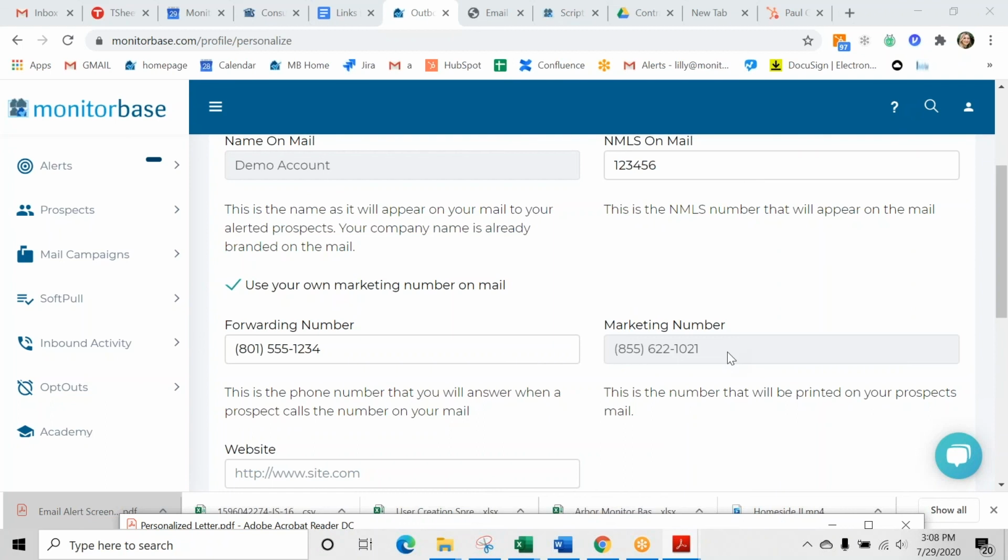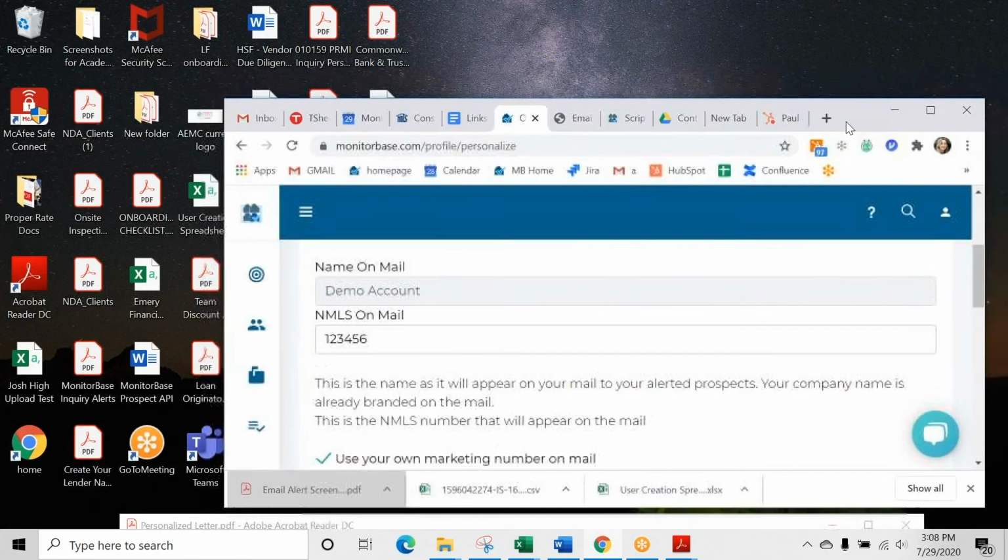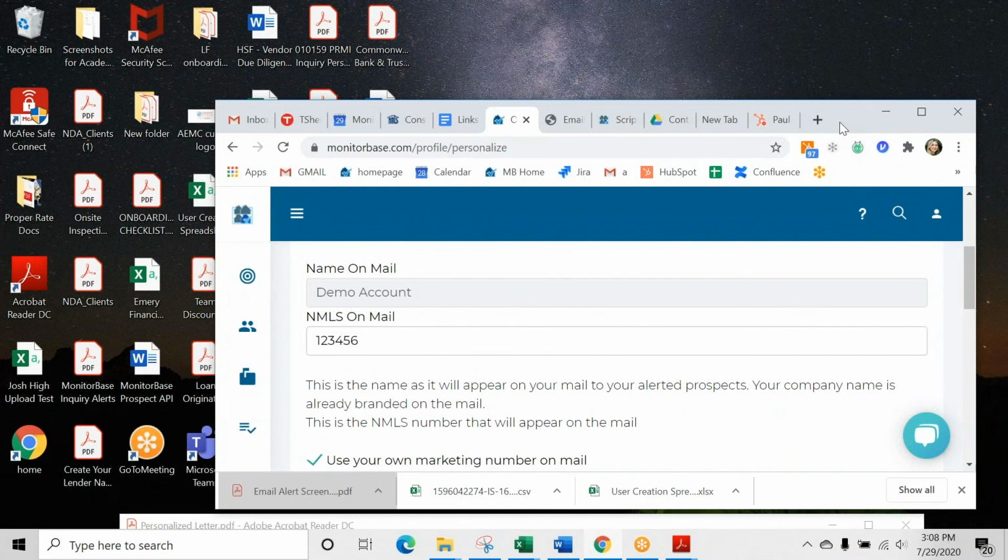And if you want to receive those calls on your cell phone, then the reason why you have to set up a marketing number, and by the way, you can't input your own number, I wish that I didn't already have one here because I would show you how to get one, but you have to set it up that way so that we can track any of the calls coming through.